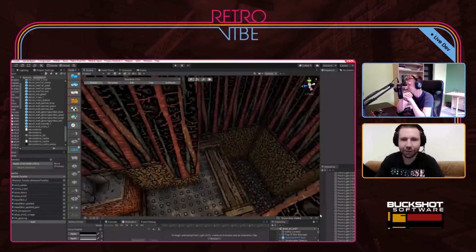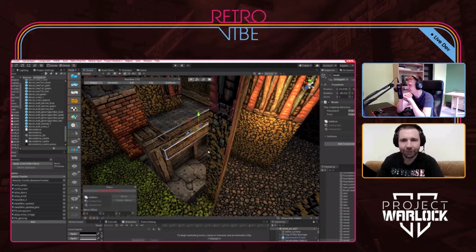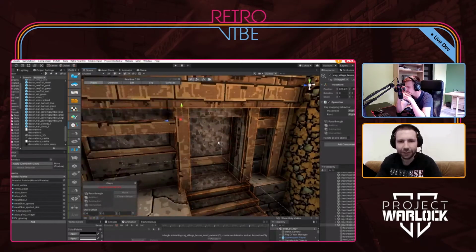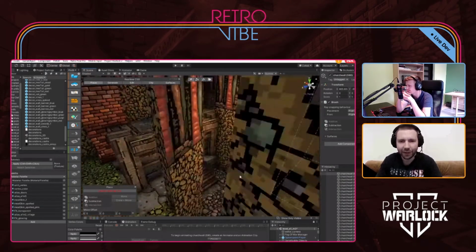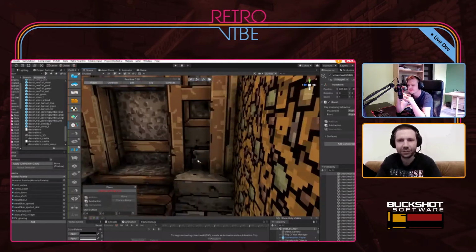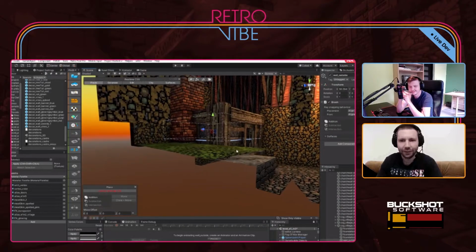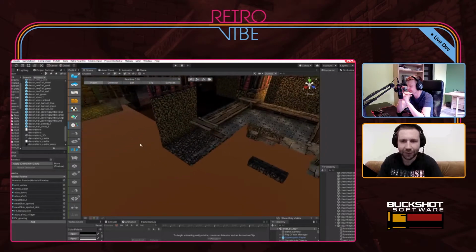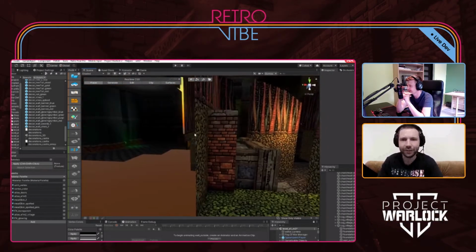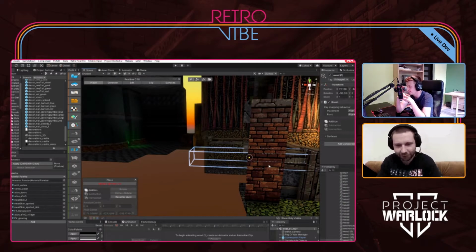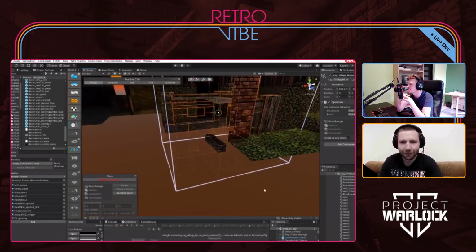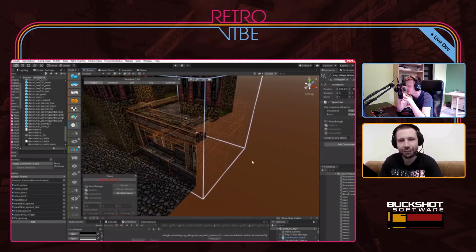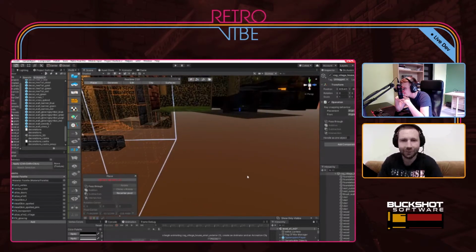Here you can see, I was talking about this. This, for example, is a house that has no interior, no indoor area. It is just a mock-up of a house, just to have something visually different. And in the place where it reaches the wall, it just disappears. There is no unnecessary geometry. Let me show you. Here, this is how much wasted area would have to be rendered if this wasn't the case.